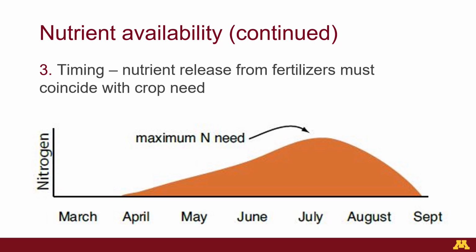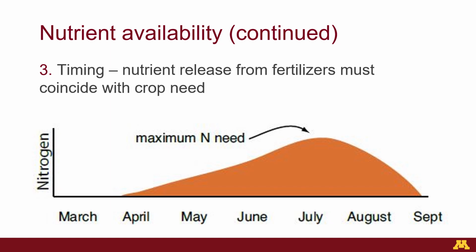The third factor affecting nutrient availability is timing. Nutrient release from fertilizers and organic matter must coincide with the crop's need for that nutrient. Here is a generalized graph of the nitrogen needs of a crop over the months of the growing season from March to September. The need gradually increases from April to June, peaks at the end of July, and starts to